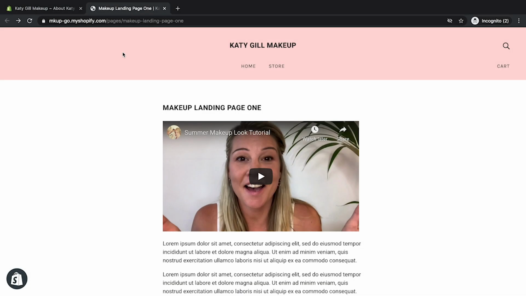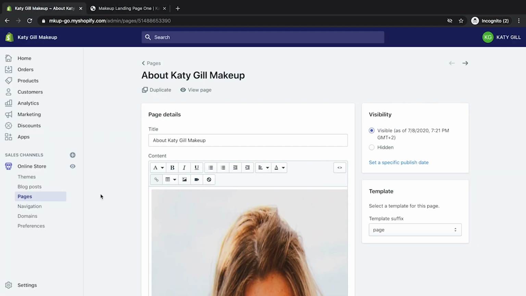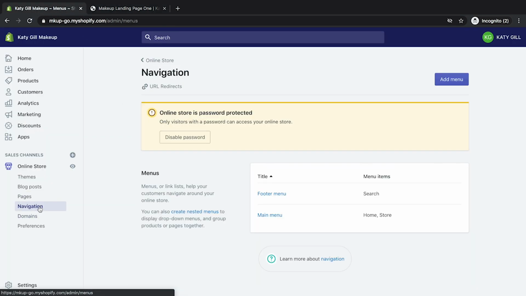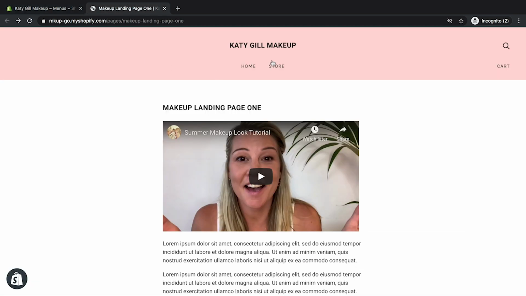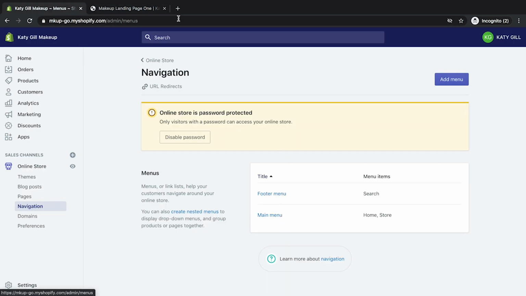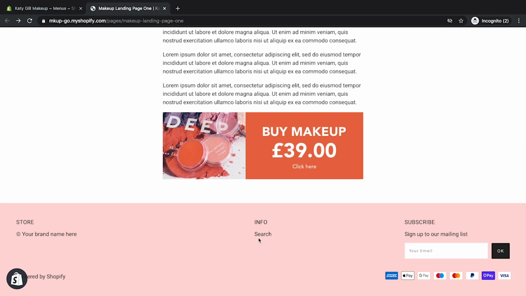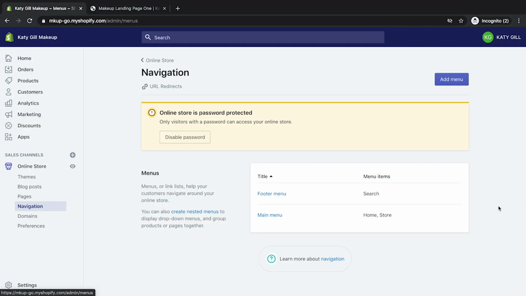With a few pages created, let's have a look at our navigation. So head back to the admin area, over to navigation, and this is what we got here. So main menu resolves to this bit up here, and footer menu will be referring to this bit here. So let's start with the main menu. So we have a load of pages. Now we need to put them into a menu so users can visit them. Let's start with the main menu.